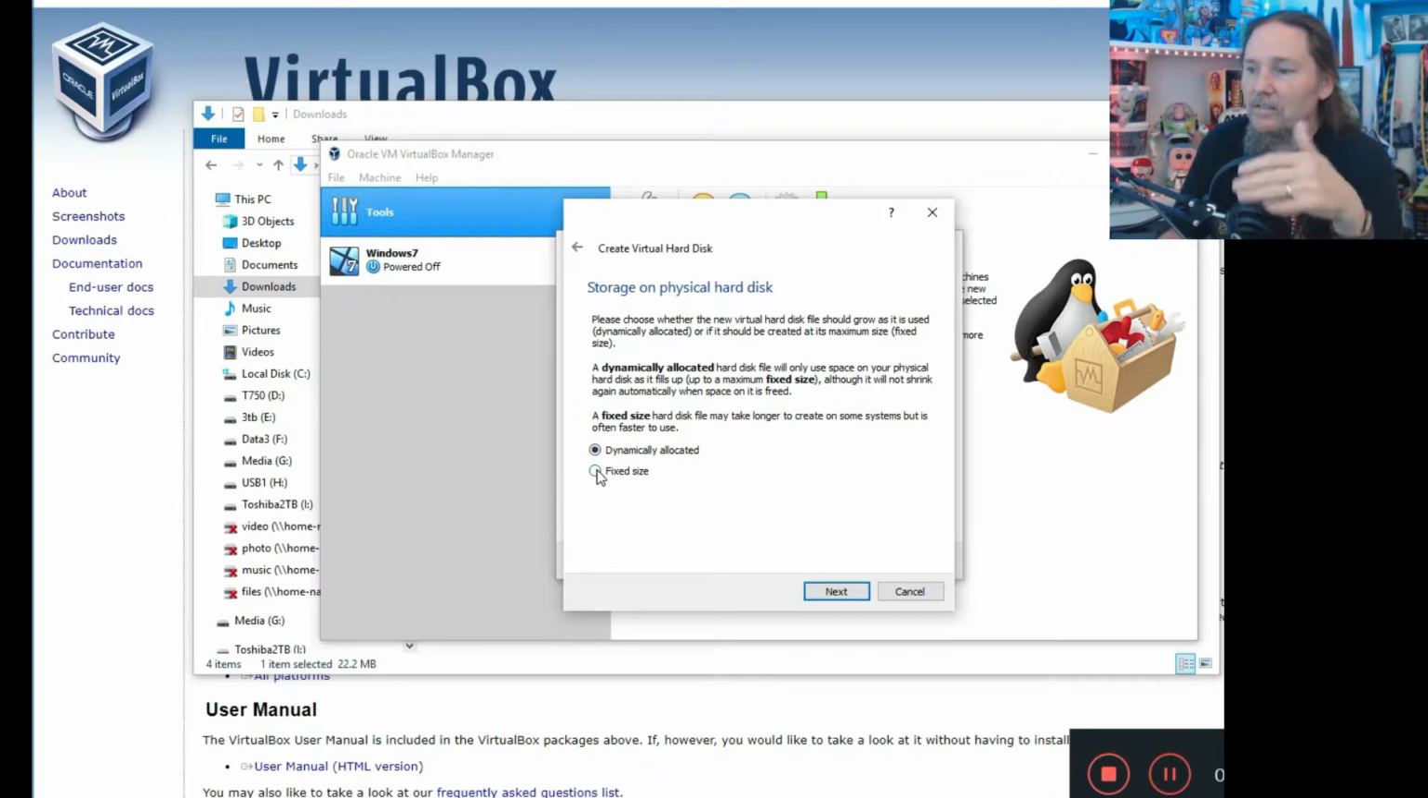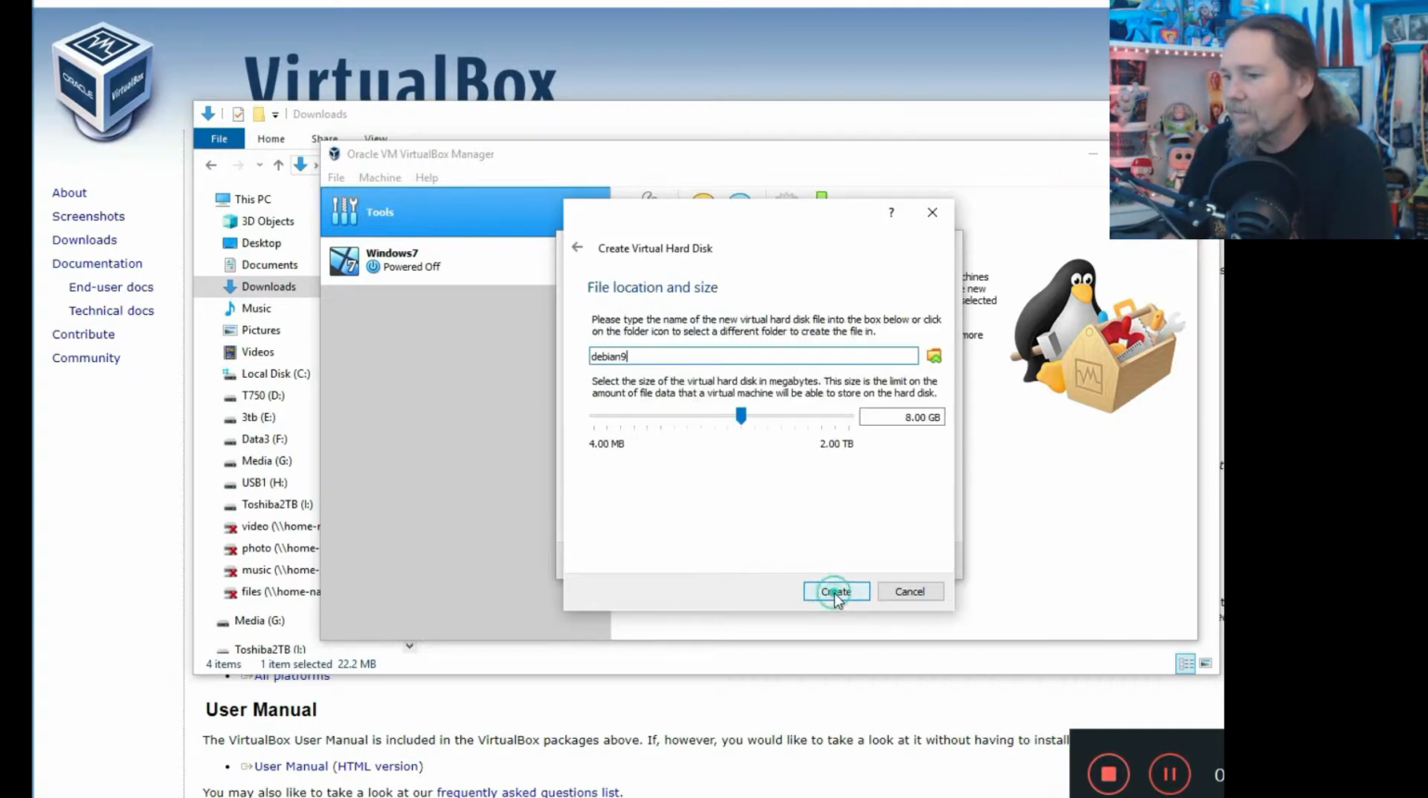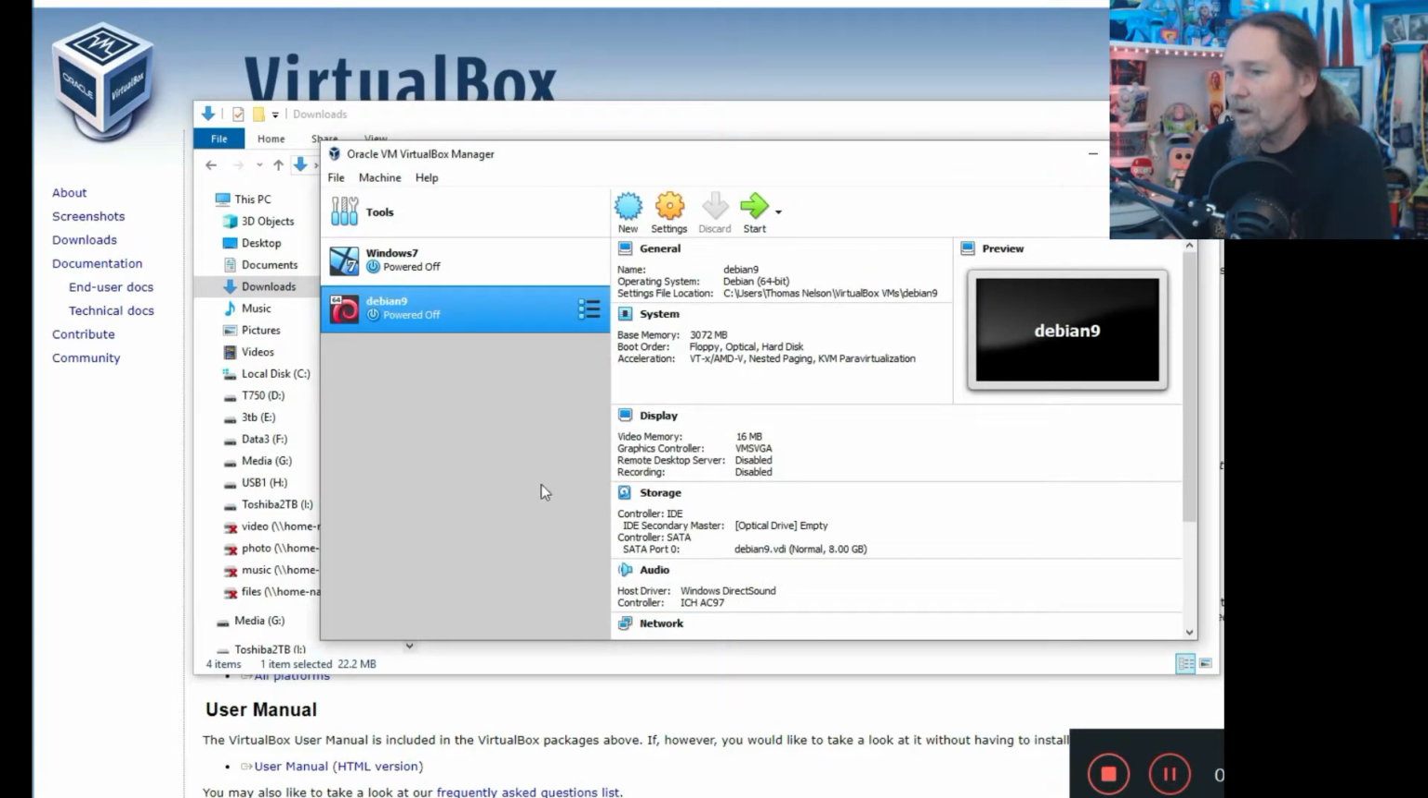If you use fixed size and there's enough space to put the drive, then that's going to be fine. Fixed size can often improve performance because as you write files, it's not going to have to be expanding the drive. The drive is already set, you have the space already allocated, but we're going to use dynamically allocated right now. And this computer also has an SSD drive, so that's going to help with the performance of our virtual machine. Okay, so now we're going to create that drive, and boom, now we have this Debian 9 virtual machine,